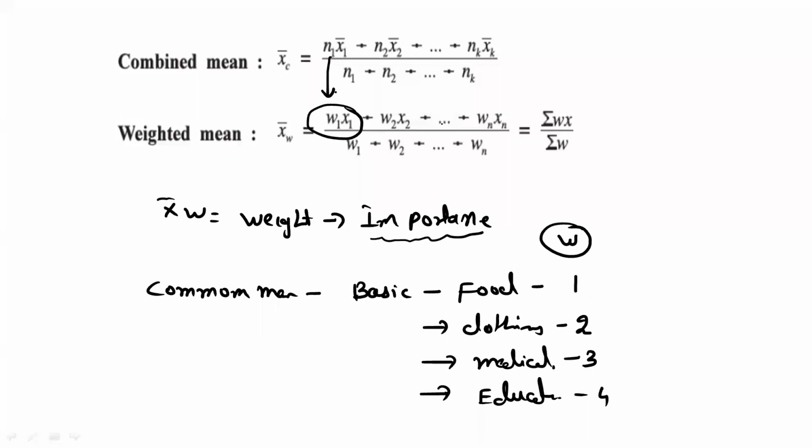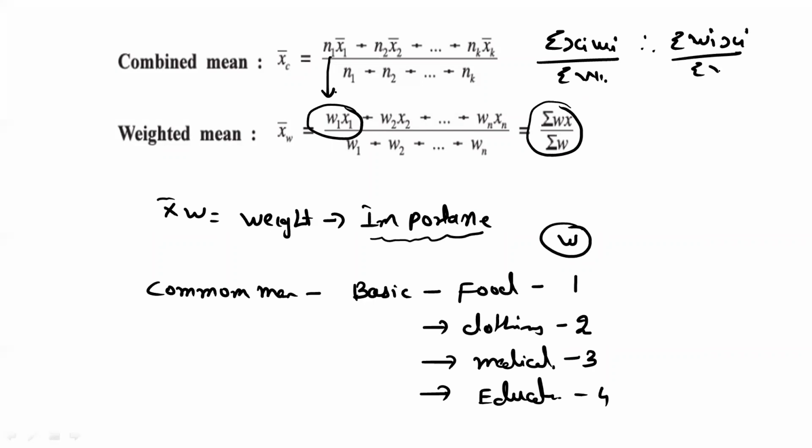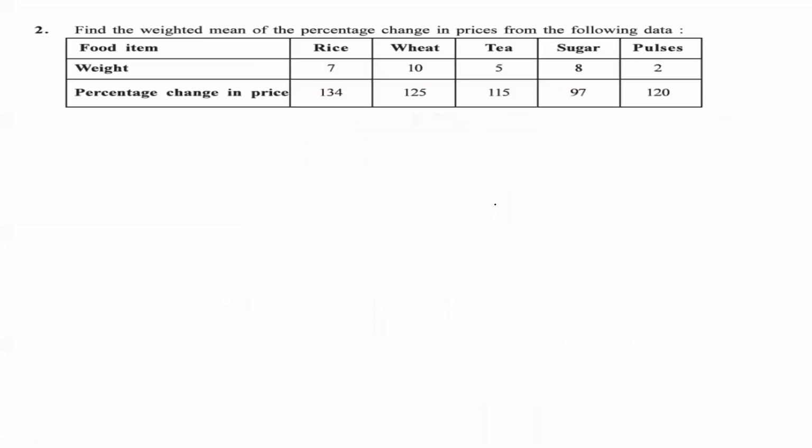Now combining all these, a formula is made. It makes a combined formula: sigma xi wi upon sigma wi. We can say it in this way also, or as per the textbook, that is sigma wi xi upon sigma wi. I am putting it my own way. If you want, you can avoid it, or if you keep it, it's okay. Clear, roll number 9 and other students? Yes, sir. Okay, so friends, let's see one question, then it will be more clear to us. The first is the food item.